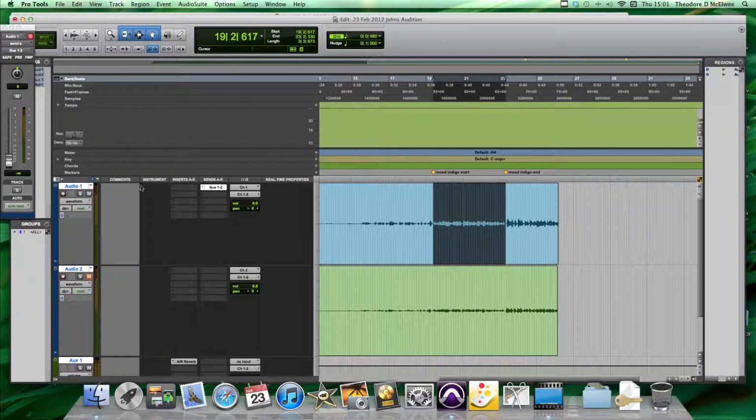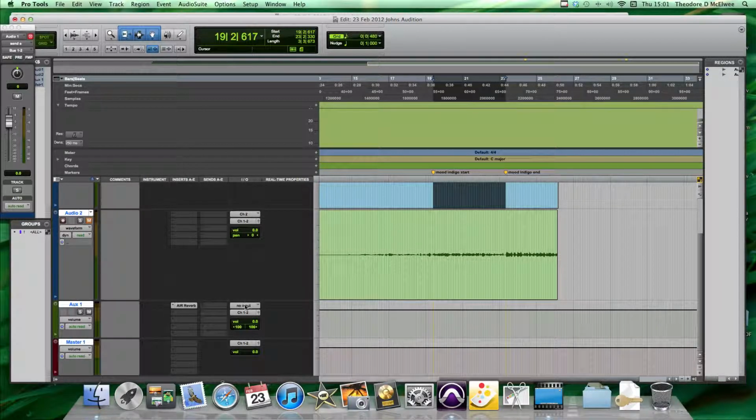So we raise, as you can see in sends, we have another external fader that shows up here, and you want to raise it up to 0. Instead of raising it up manually to 0, you can also hit Alt and click on it, and it automatically goes to 0 instead of you having to guess where it goes. So you just bring it back down to here, and there you go. Now you're sending this audio signal to bus 1 and 2,